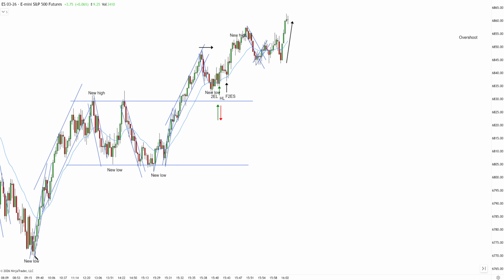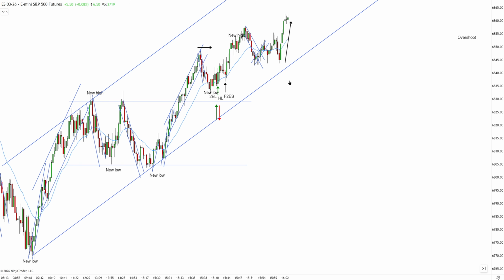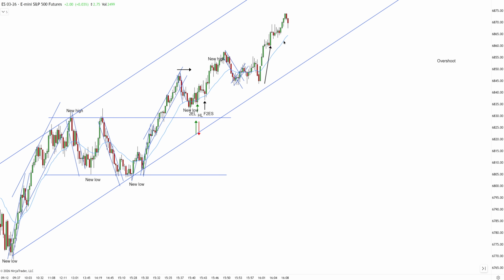So I'm going to draw the bigger channel, and I have swings right here. I'm going to copy it, put it at the top, and this fits pretty well. You can see market is pushing higher, so perfectly confirming our thesis. Now we are probably in the bigger